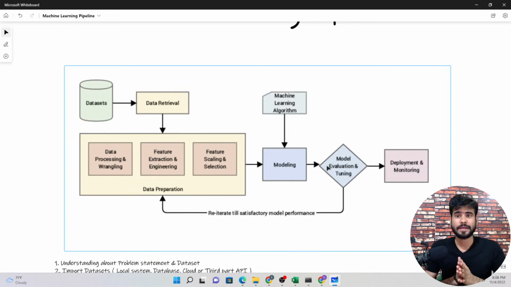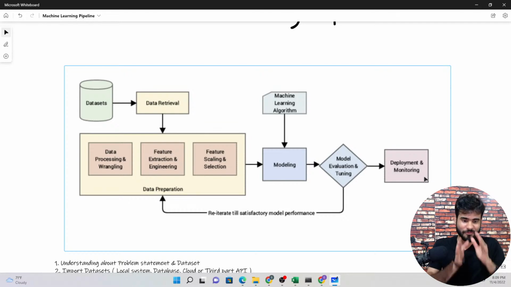Let's say in the training phase we are getting 80% or 90% accuracy, but during the testing phase we are getting less accuracy. So what can we do in this case? In this case we can do the retraining approach. As you can see here, after that I have written the retraining approach for model performance. You can do all those steps again, do the retraining, and then again apply the machine learning algorithm, get the best performance in training and testing as well, and then you can do the deployment and monitoring. For monitoring purposes, you can use DVC or MLflow, any library.